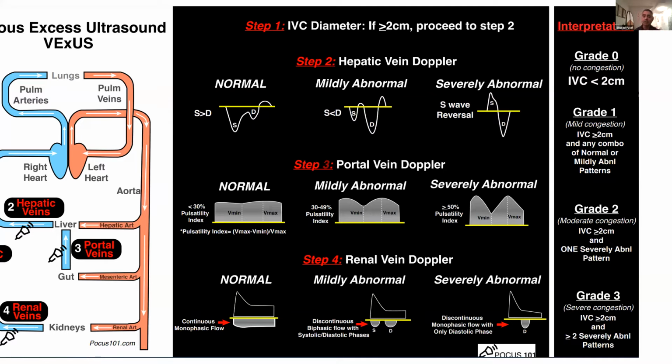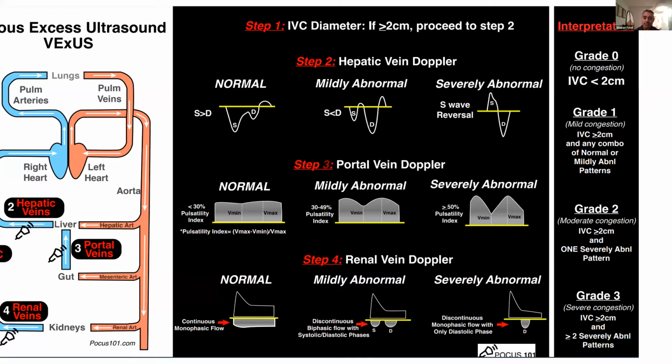And then the way this grades is grade 0, grade 1, grade 2, grade 3. Grade 3 is as severe as it gets, and basically all the tests are severe. So I usually stop here because I'm able to get these two quite easily. The renal vein is probably the most difficult. This one,